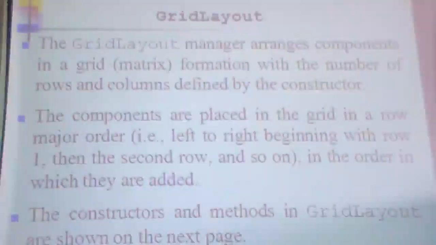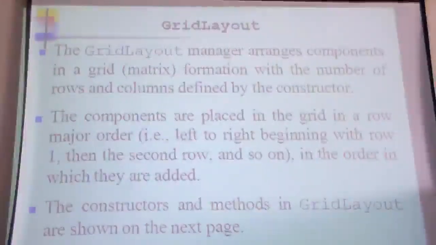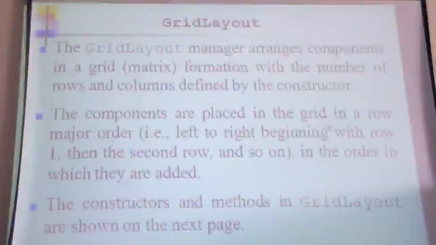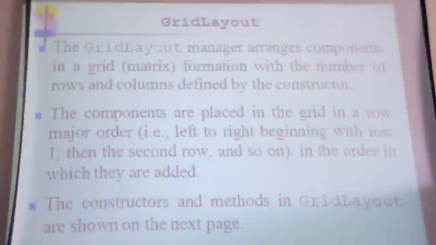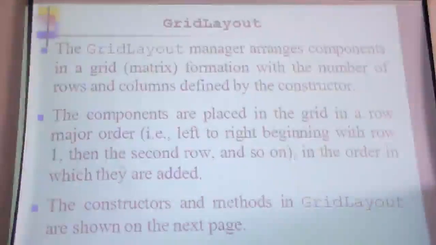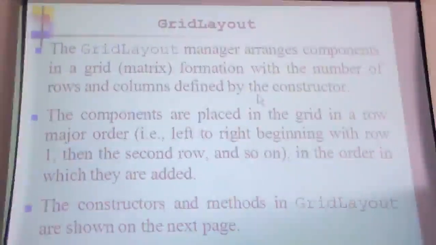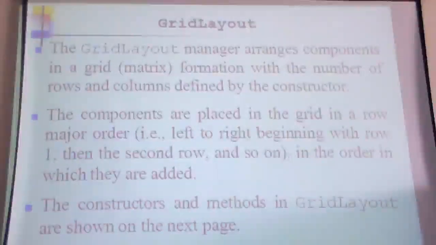Okay. This is the second point: the components are placed in the grid in row-major order. If the components fill the first row, they go to the second row, in the way of rows and columns. Okay. The constructor and the methods of the grid layout come in the new